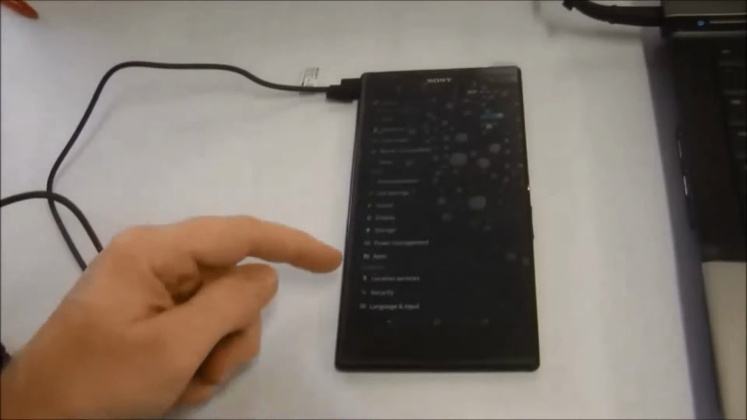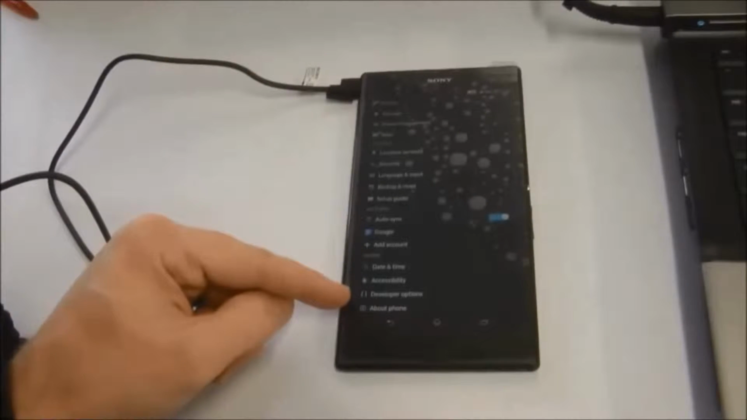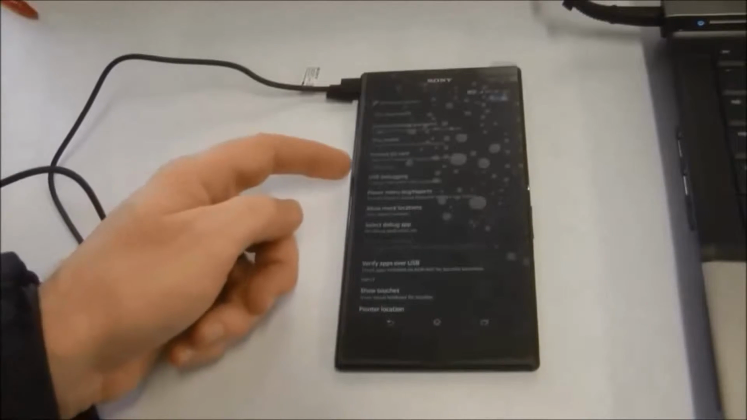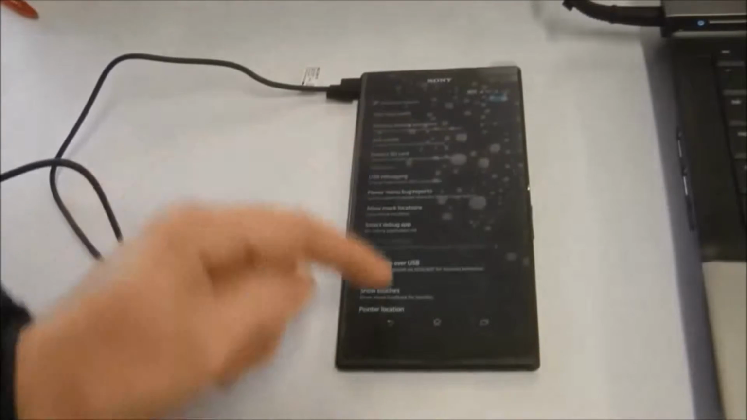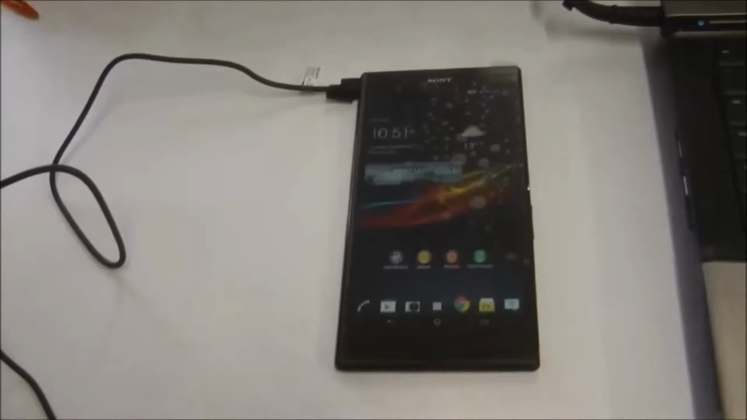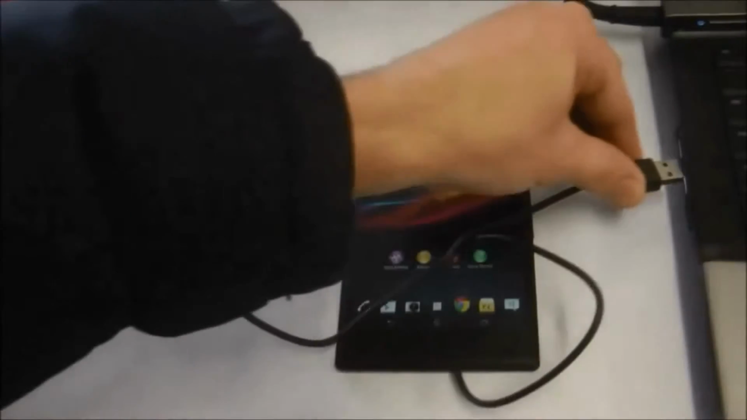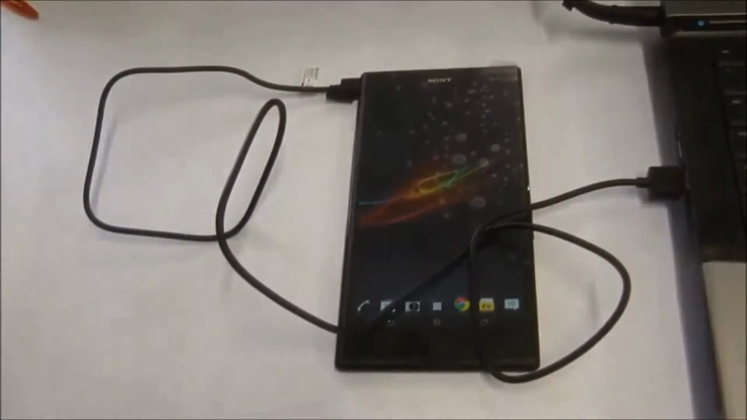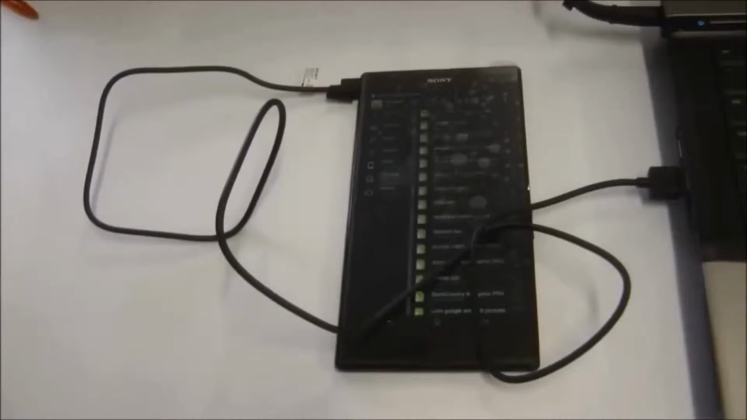Enable developer options. So we need to go to About Device and click on your build number 10 times, and that will enable developer options. Then in developer options, you must tick a button that says USB debugging right there. Then we've got to plug it in, and as soon as you plug it in, your laptop, your PC, will